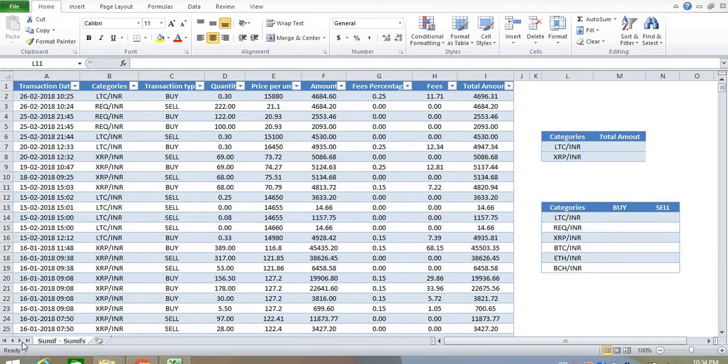The difference between SUMIF and SUMIFs function is the number of conditions that we can involve. In case of SUMIF, we can use only one condition while finding a total of a particular range. On the other hand, for SUMIFs function, I can use more than one criteria or condition to find the sum